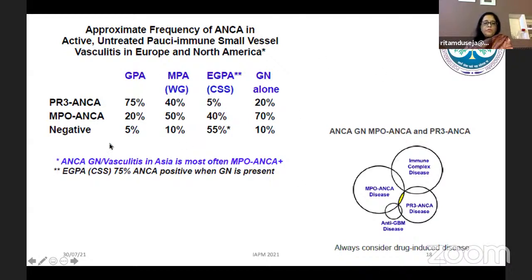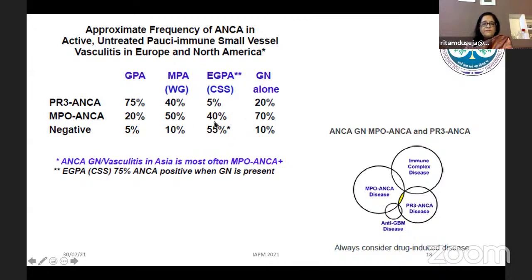Now a word about which kind of ANCA are likely to be positive. We know that there is PR3 ANCA, MPO ANCA, or these cases could be negative for ANCA. Most often GPA tends to be positive with PR3 ANCA, whereas MPA can have either of them, roughly 50-50%, and EGPA is also more likely to be positive with MPO ANCA. As you see here, a large chunk can be negative also, especially with EGPA,